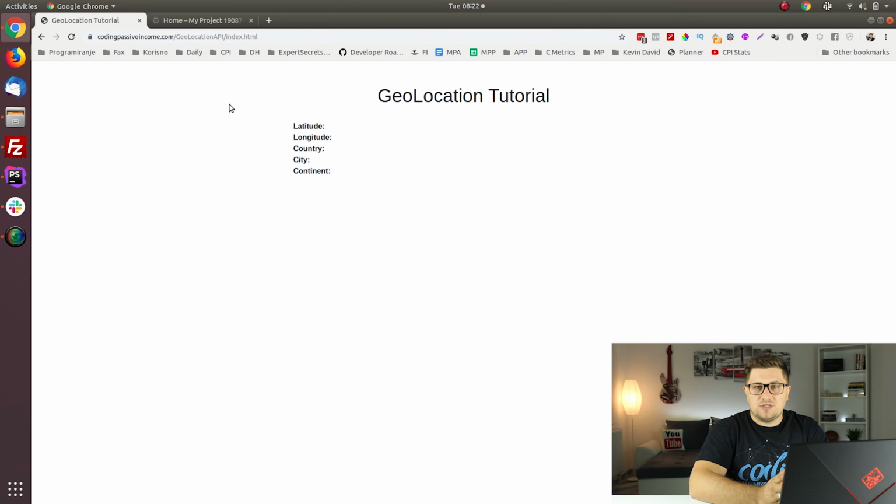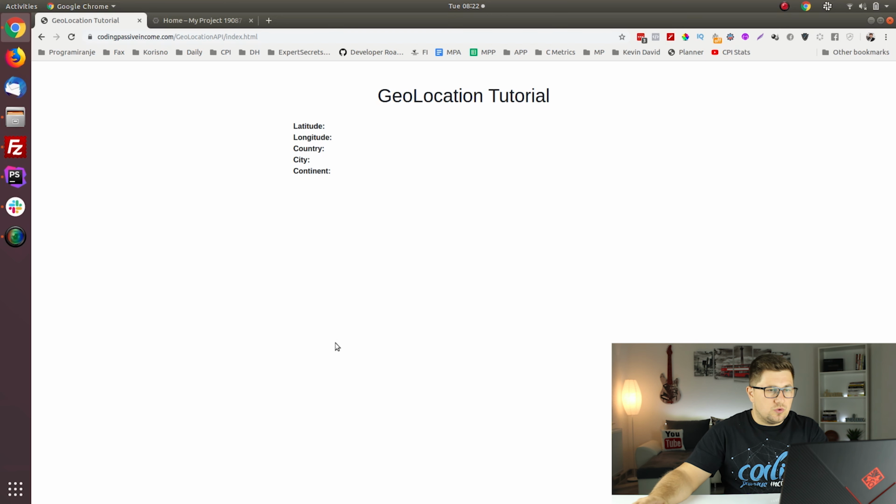Before we actually start with this tutorial, I want to explain what we are going to create. Let's imagine that we have this very simple website, and on this website, for whatever reason, we need to detect the basic details from your visitors. That includes the position, which is latitude and longitude, then the country, city, continent, and then we also want to create one map here, and for that we are going to use Google Maps